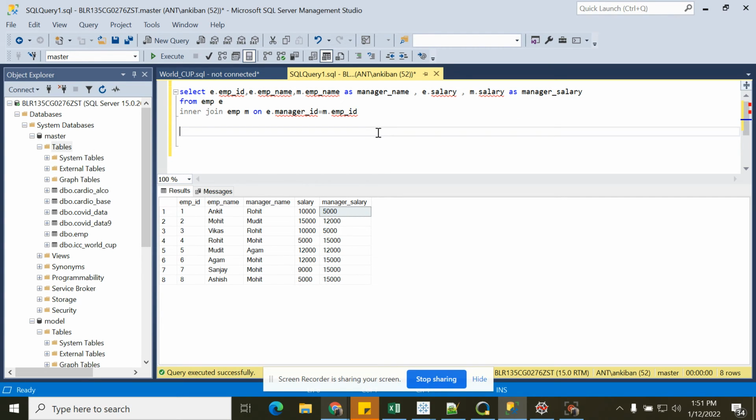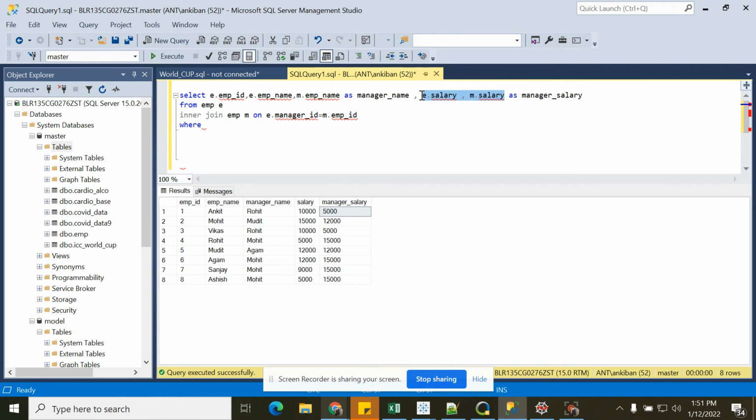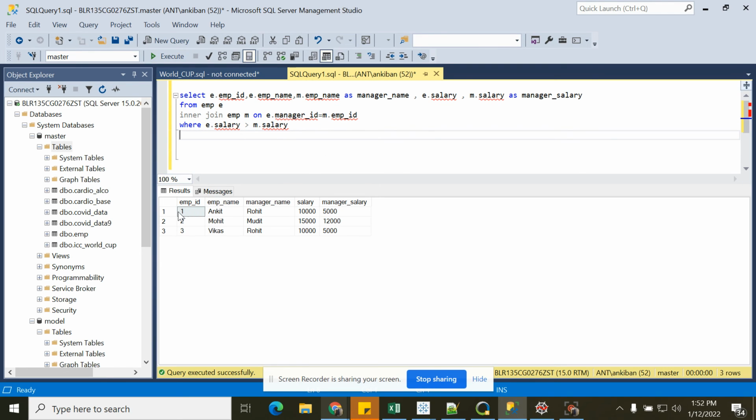So you can have multiple questions on this kind of self join concept. They can say just give me the manager's name for each employee, right? In the employee table we have manager ID, and we can just join it and get the manager name. Similarly, the other most frequently asked question is: get me the employees where salary is greater than manager salary. We got all the information. We just have to put where E dot salary is greater than manager salary. That's it. And once I do that, I got three records.